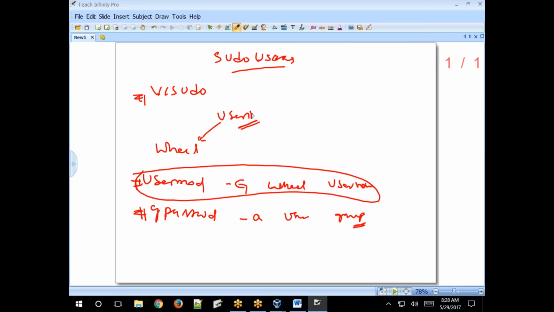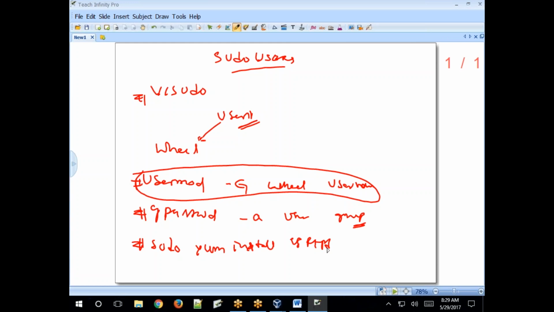So without entering the root password. How to execute commands after adding into sudo users? If sudo users are allowed some commands to perform tasks, how to execute that command? We need to type sudo, space, then the command name. Which command do you want to execute? For example, installation: yum install vsftpd, the package name.